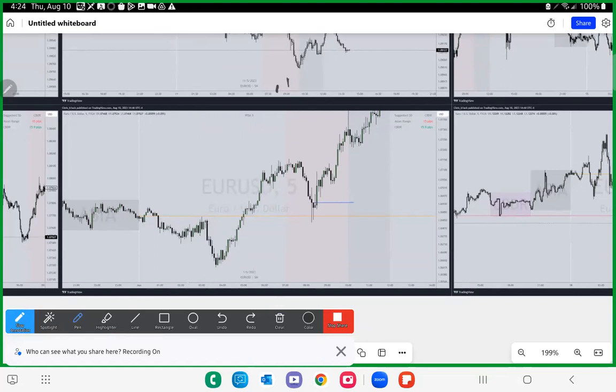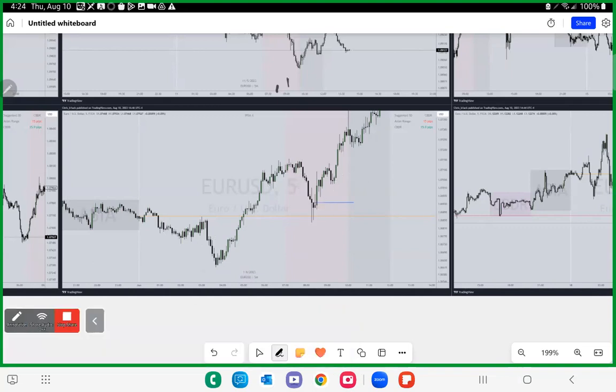We'd be taking this range and looking at our PD arrays. Obviously, price trades here, trades there, trades here, trades there, right? We have a breaker right here. Price comes to that breaker. However, how do we know that price is going to trade from that breaker? We don't know that, right? Nobody knows that it's going to turn around from that breaker. Think about the current state of institutional order flow as price trades from here to here. And then that order flow is going to change. Okay? Need some type of entry model instead of just taking a blind entry.